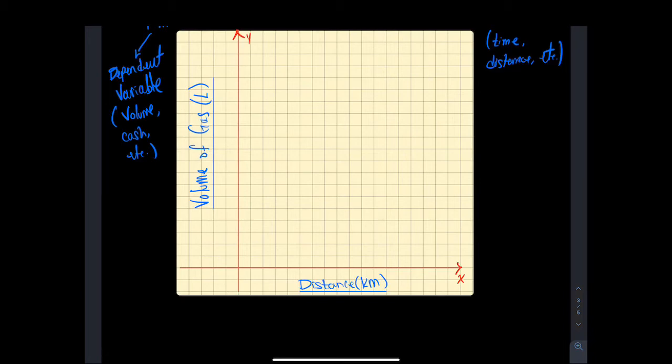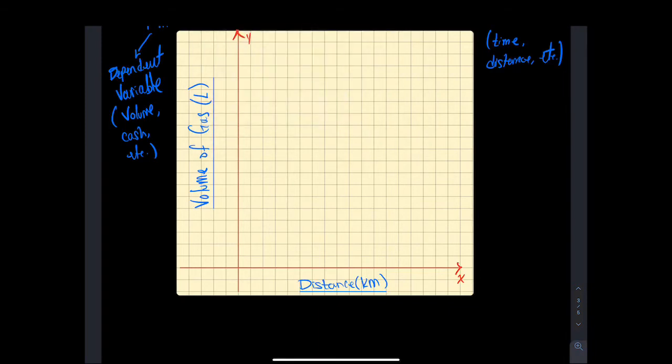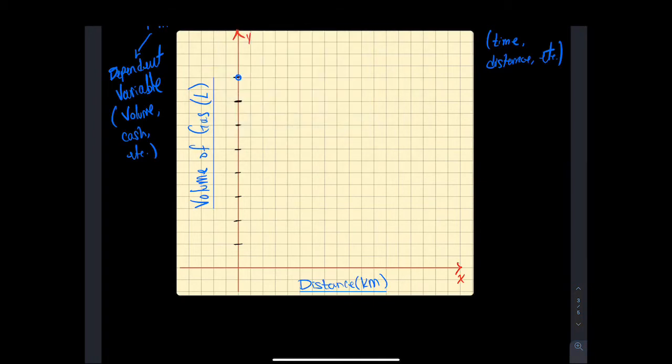That's where we're going to assume that we're measuring his distance right after he fills his car. So let's put some marks on here to measure out what 80 liters would look like. Now, let's try doing every other one. 10, 20, 30, 40, 50, 60, 70, 80. Perfect. So here on the 80 mark, I'm going to fill in,